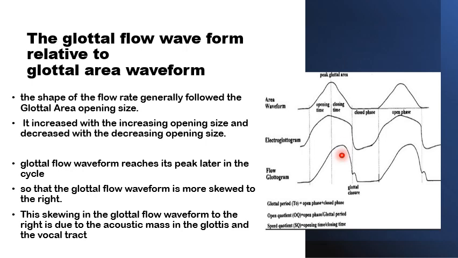This is an example of the interaction between the glottis as a source and the vocal tract inertia as a filter. There is also another example of this interaction between the source and the filter, in that when the area waveform is brought to the minimum, the baseline, there is still some flow even when the area is closed, again due to the same reason of the coupling of the source and the filter